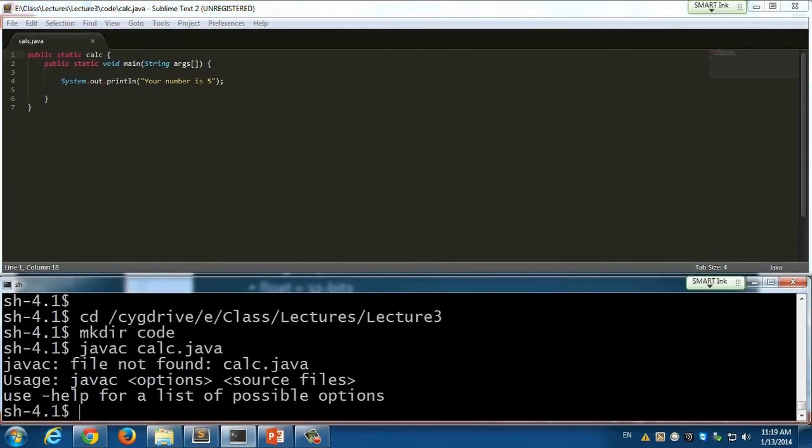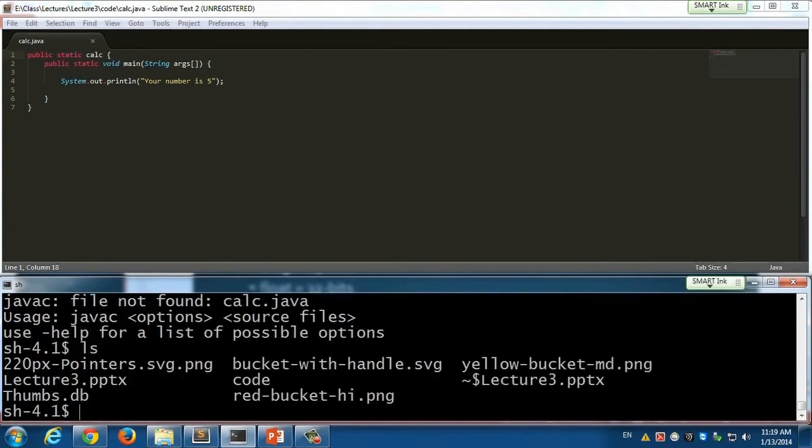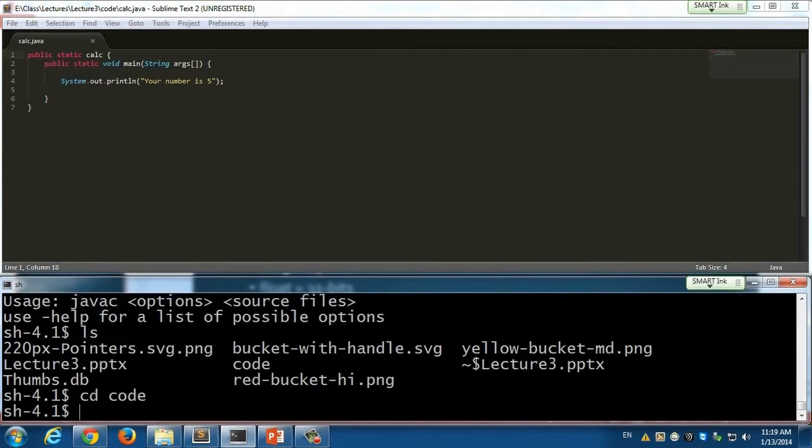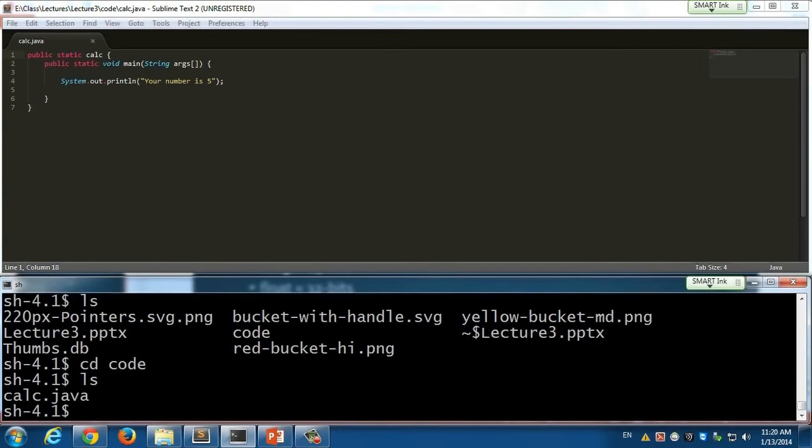calc.java. File not found. Why would my file not be found? Well, because I created a new code directory, but I didn't actually go into that code directory. So I have to type cd code so that I actually jump inside of it. Now before I type javac calc.java, let me type ls so I can see the actual contents of my directory, and there it is. So javac, not hello anymore, calc.java,